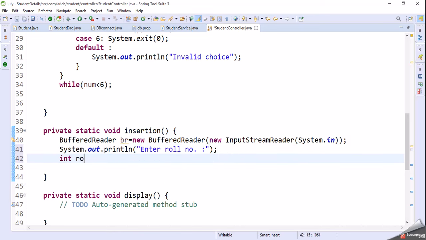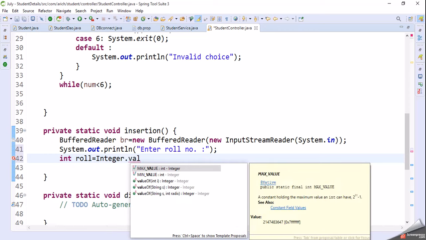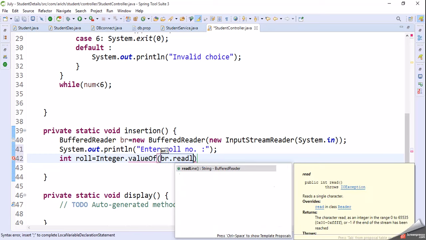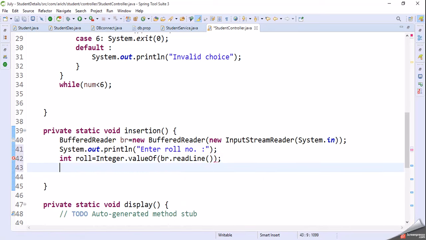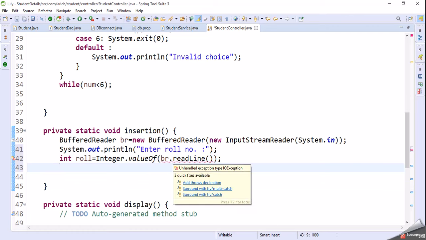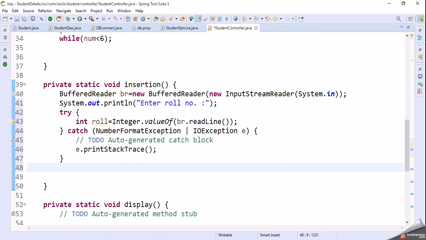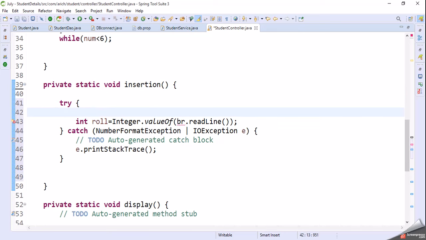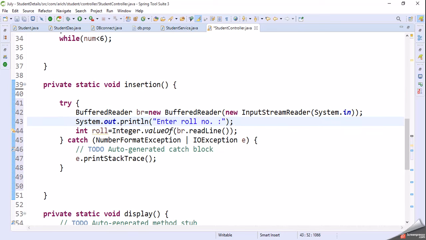Okay, so here roll is equal to Integer.valueOf(br.readLine()). Okay, and it's also throwing an exception, so add multiple exceptions, and here we can include all things in the try block. Okay,